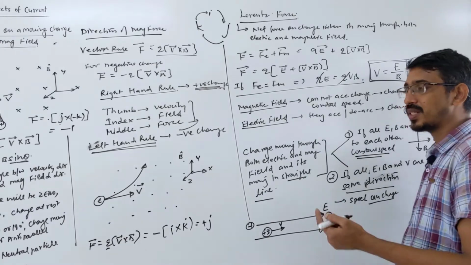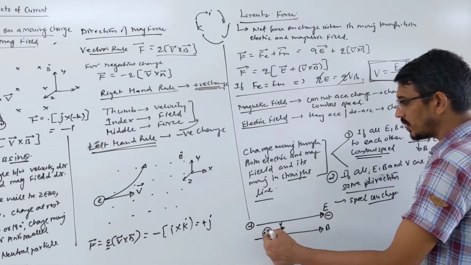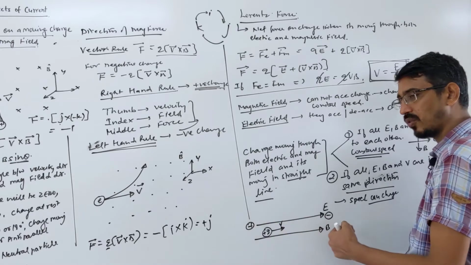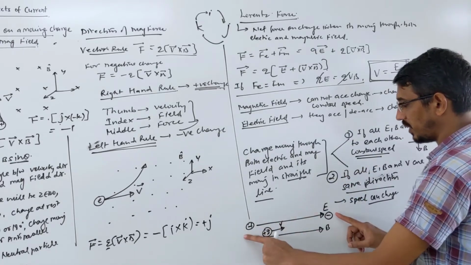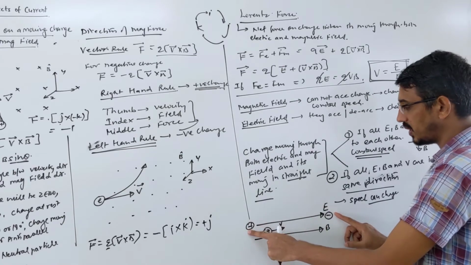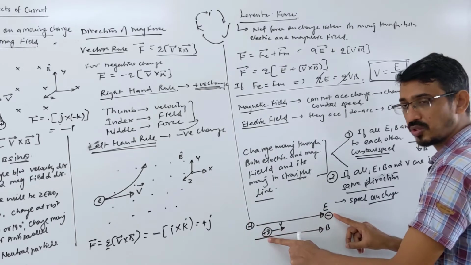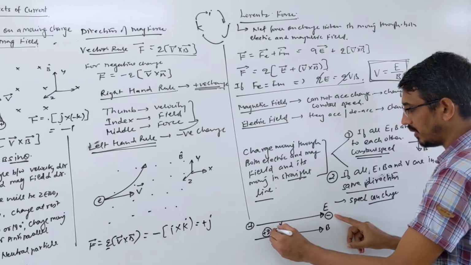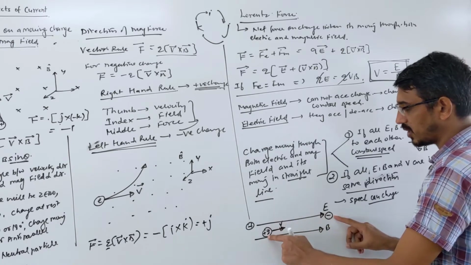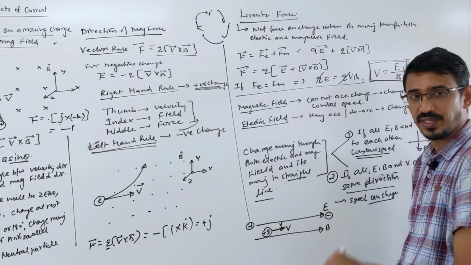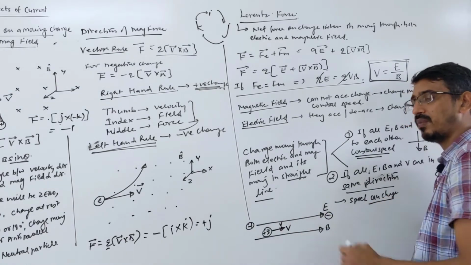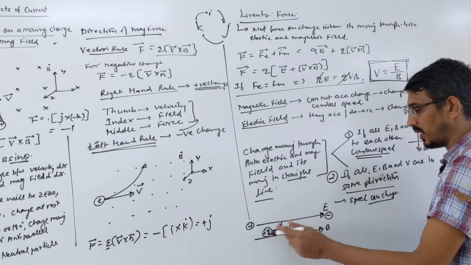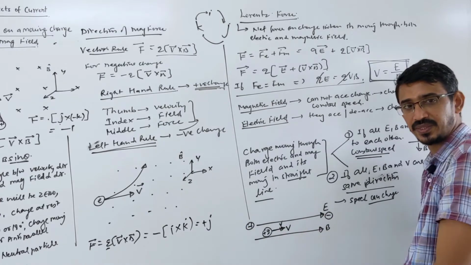And is the speed increasing or decreasing? Look here. A positive charge moving in the direction of the field, its speed will increase. Why increase? Watch carefully. Suppose this is the electric field, meaning positive charge here, negative charge here. The negative charge will attract this positive charge, so the speed will be increased. So if you fire a positive charge in this direction, the speed will be increased. Suppose a negative charge, then repulsion will happen. Speed will decrease. Correct.